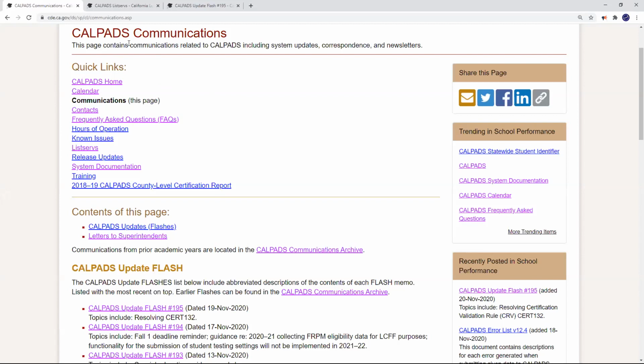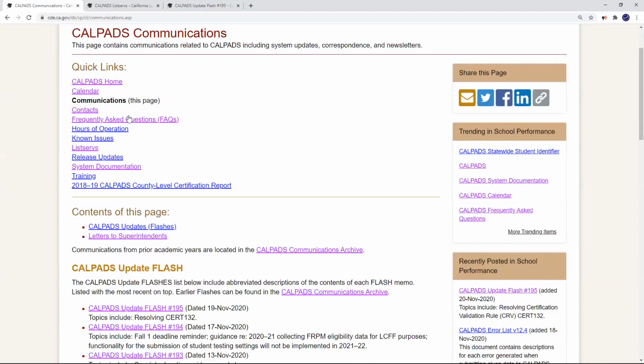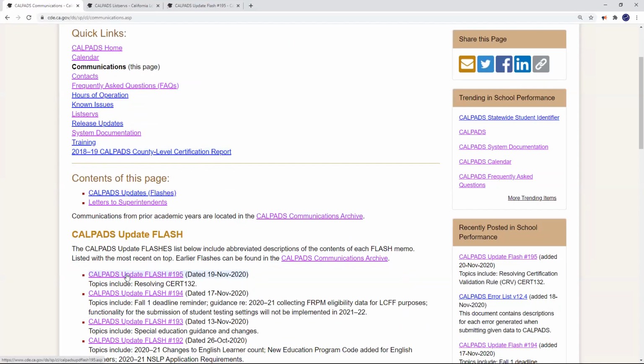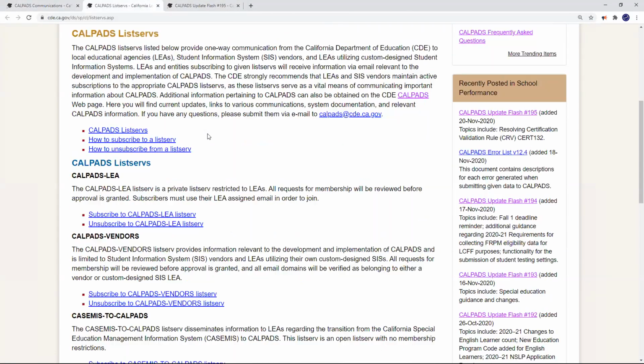All right, so here's the CALPADS communications page. It's part of the larger CALPADS data portal, right? Here are all the quick links. And as you can see, CALPADS Flash 195 has been posted. Here's the flash, and we'll cover it shortly, but I just wanted to point out,